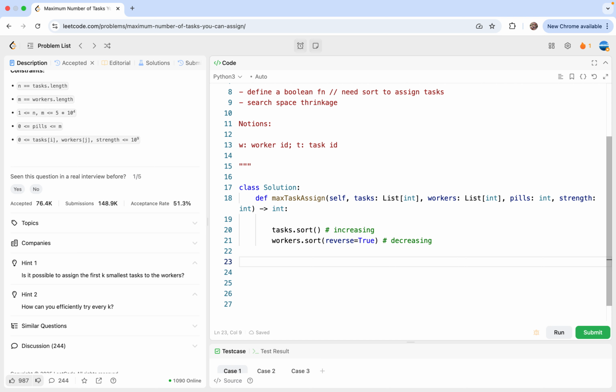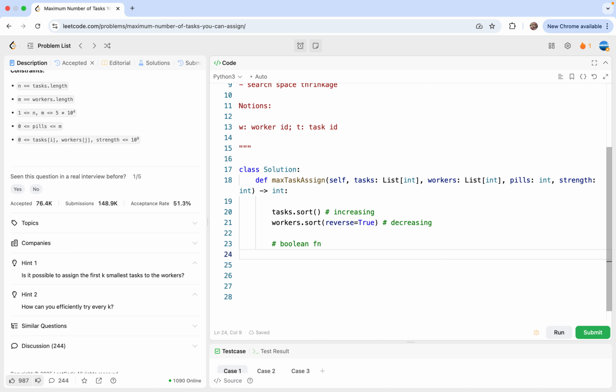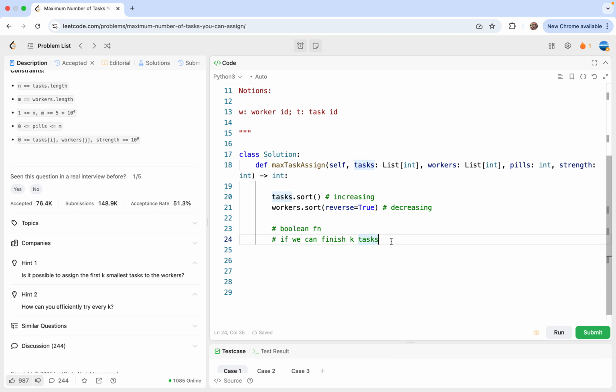So now I'm going to define the Boolean function. The Boolean function is whether we can finish or assign k tasks. As we write like this, for sure we need to think of the easier tasks, the k easiest ones. That's why we sort in increasing order and pick the first k. Here, let me write this function. We can assign